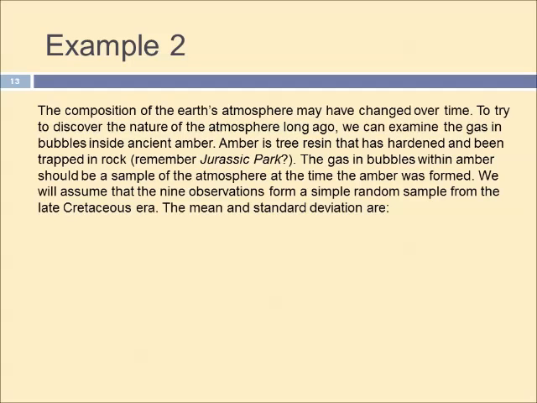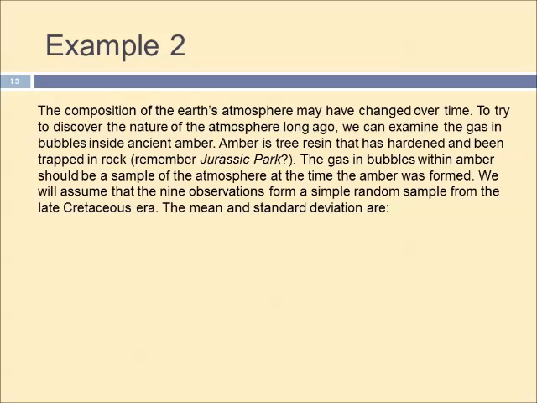Okay, another example. The composition of the Earth's atmosphere may have changed over time. To try to discover the nature of the atmosphere long ago, we can examine the gas in bubbles inside ancient amber. Amber is tree resin that has hardened and been trapped in a rock. Remember Jurassic Park? The gas in the bubbles within the amber should be a sample of the atmosphere at the time the amber